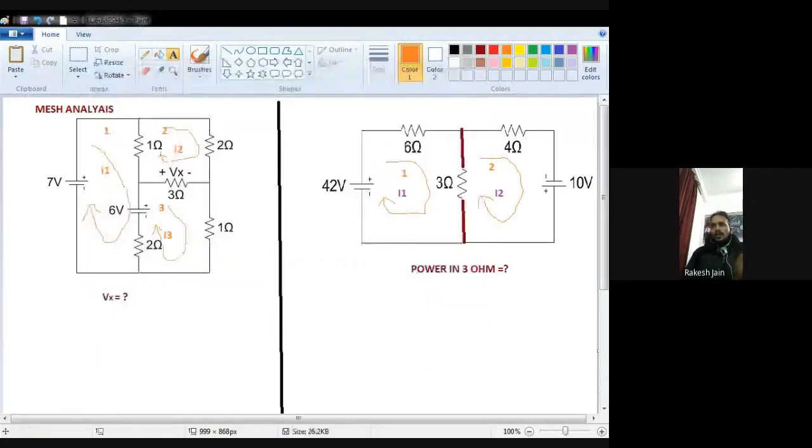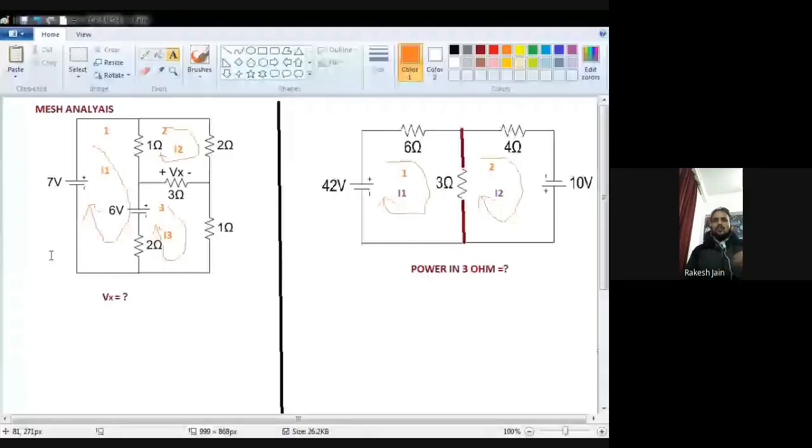Okay, very good. Now see, we have to write down the equations. Now what is the basic rule? Kindly keep in your mind whatever rule I am going to teach you. The rule is, once you denote the direction of the current and mention the name of those currents, just write down the equations. The number of equations depends on how many meshes there are. For example, in the second question where you have to find out power in the 3 ohm resistor, there are 2 meshes, so you have to write down 2 equations.